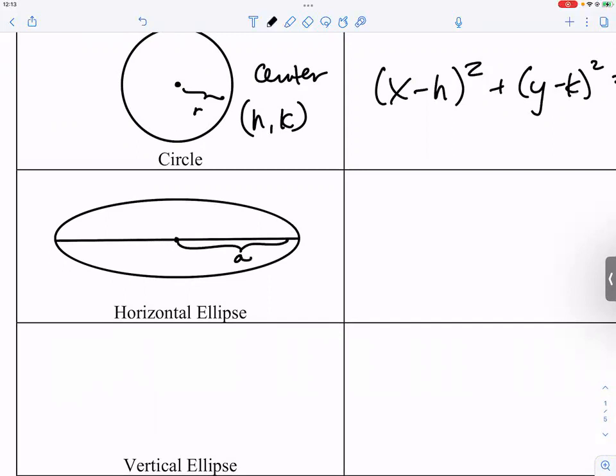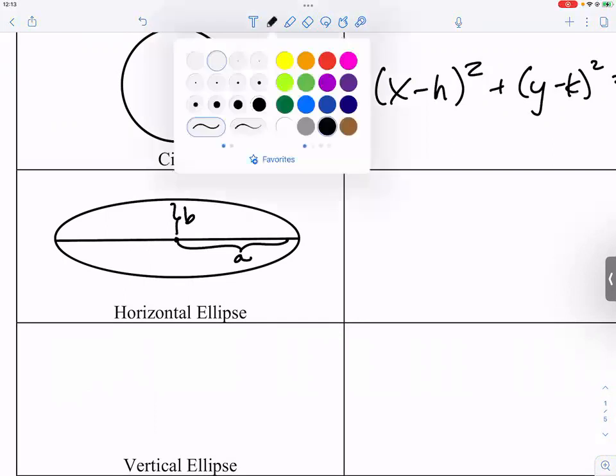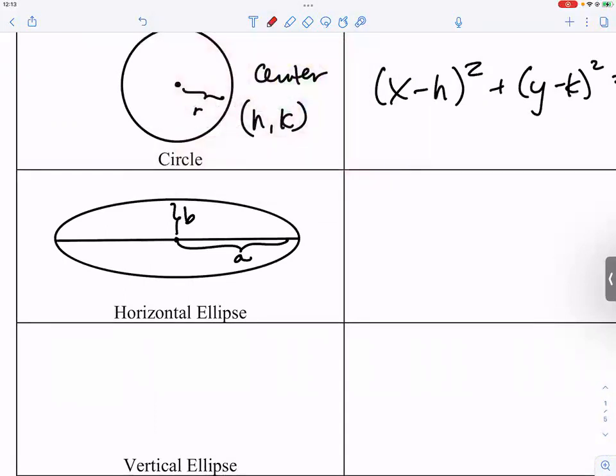That's your a, and this is your b, okay? And of course, you have your foci, okay? So if you can draw the diagram by not copying me and write down everything that's supposed to be there, that would be fantastic,